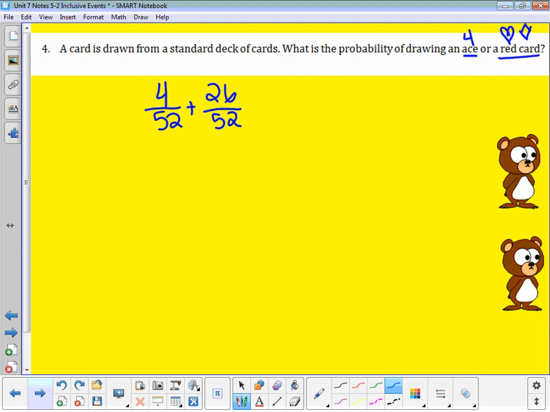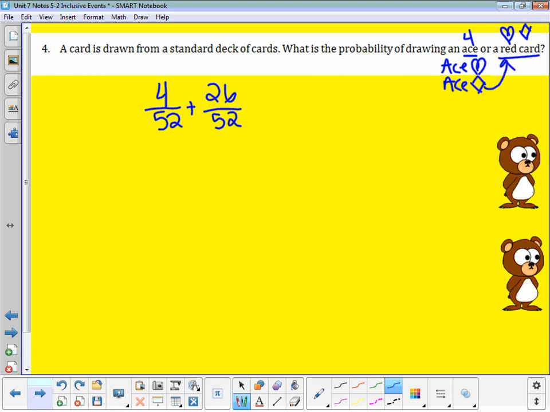But next I have to ask myself, could a card be a red card and an ace? And the answer is yeah, it can. You have the ace of hearts and the ace of diamonds. So that means we have the ace of hearts and the ace of diamonds, which is the same as being